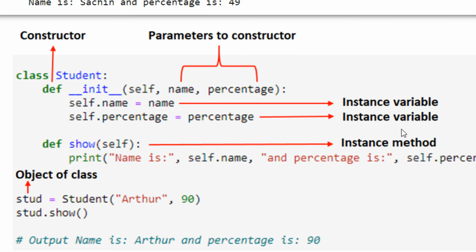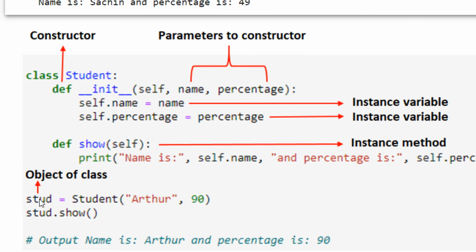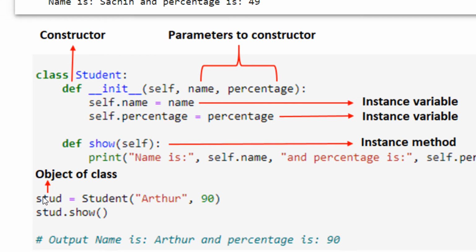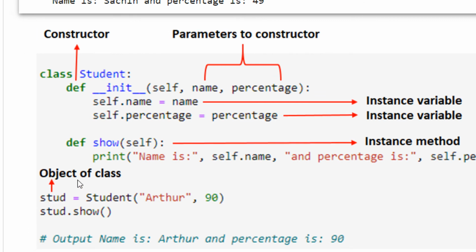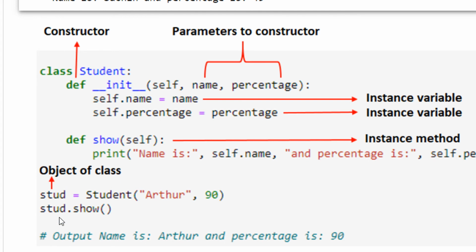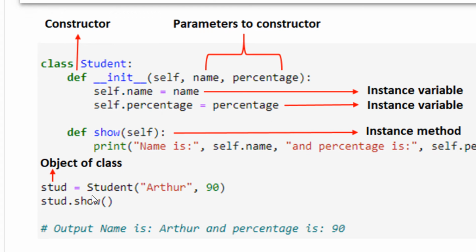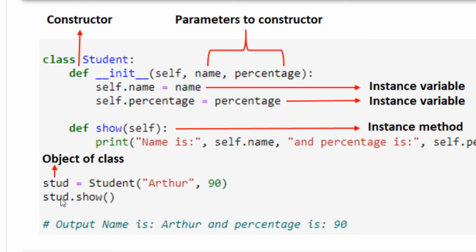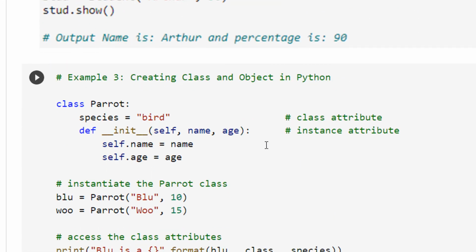Method is more commonly used. And now what is the object of a class? You write the class name, write parentheses, and on the left hand side whatever remains is the object of the class, right? And then when you are invoking the function, you just check which object you are calling from. For example, when you call the show function using the object stud, information relating to stud will be printed here, right?